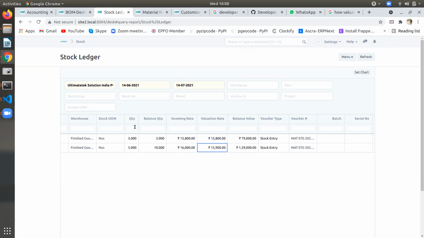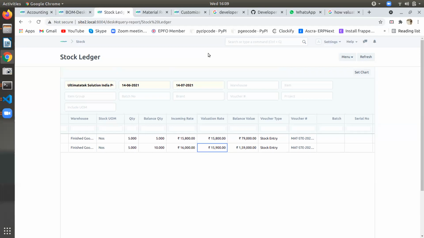I think they use FIFO. Or for the customer, you can set a customer price in the item price, sir. Now you do one sale. If it is FIFO, then it should be 15,800. If it is LIFO, then it should be 16,000. No, you take one thing: the average cost. FIFO and LIFO will come into effect only after you do your sales.